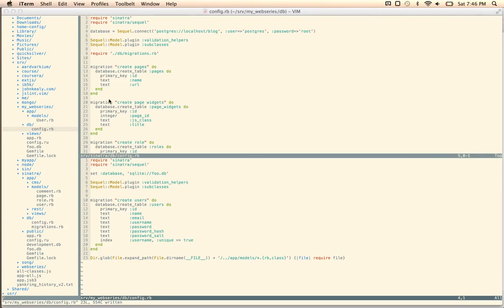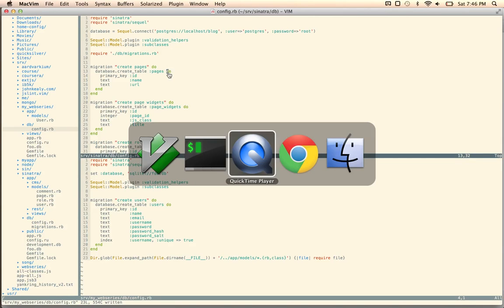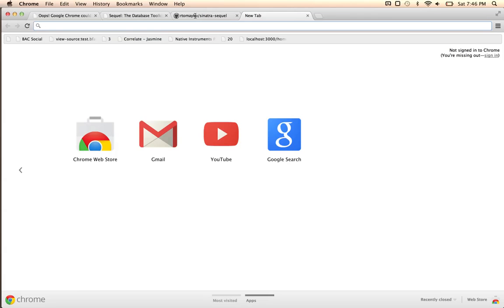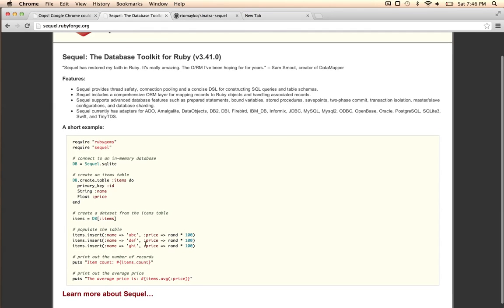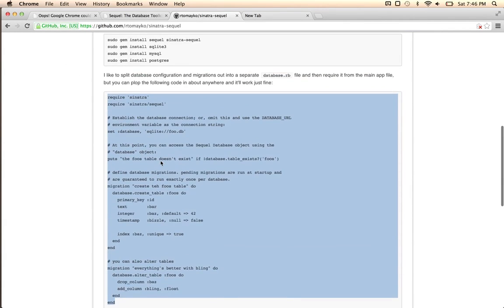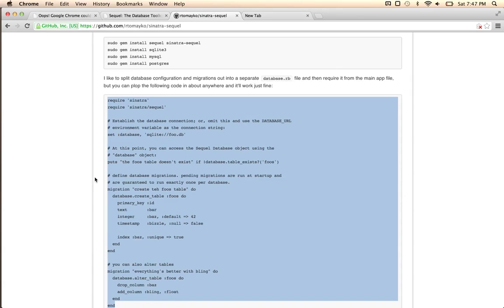Okay, so the next part of this series, we're going to be talking to our database. So we're going to use a tool for that called Sequel. Go to their website, read their documentation. They make it really nice to talk to your database, get data, and they have a very good reputation. I'm just learning about it right now, so I just figured this would be a good time to play around with something new. So, and there's also this gem here called Sinatra Sequel, which makes it kind of nice to